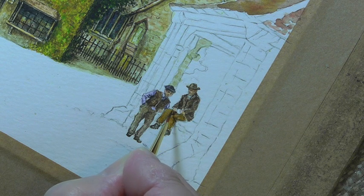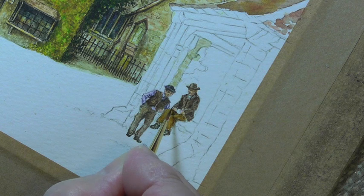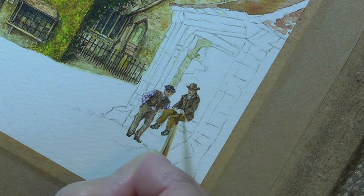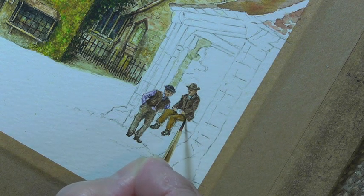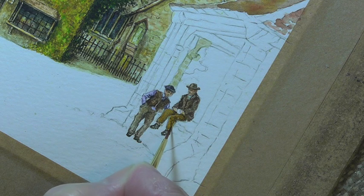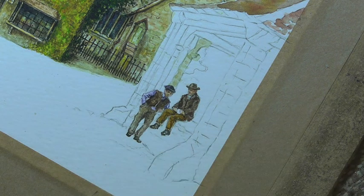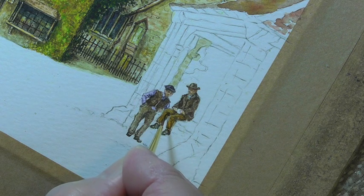Now, you see I said to you what I'm going to do. I'm not sure whether that's going to be a book or a mug. I haven't actually touched that, but you can see what I've done is by using this thin brush, I've created a mug. Now I didn't do that deliberately. It was just a creation, the way that I've used watercolour, and a little bit more depth. And really, folks, you can leave it at that. These are the sort of things you can't fiddle around with too much. Once you're happy with your depth,